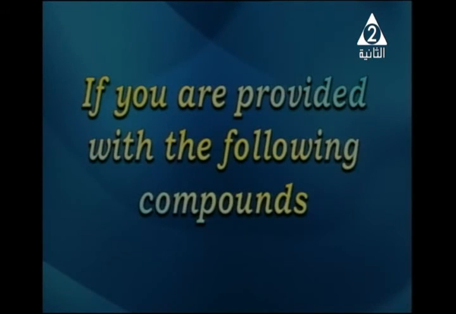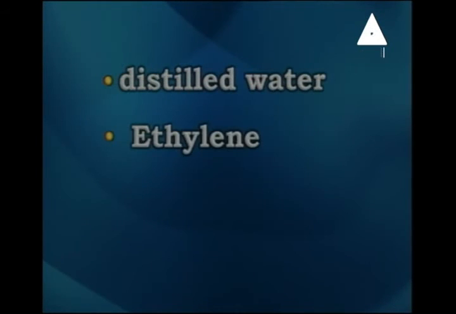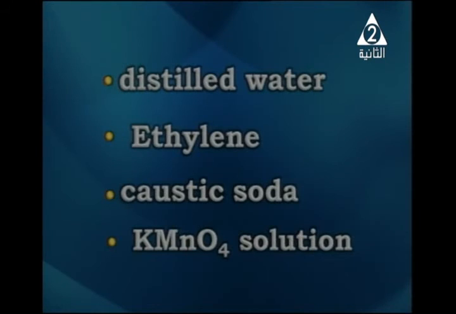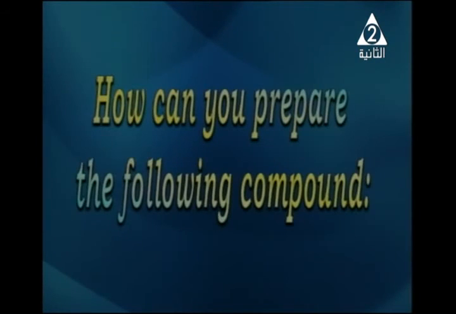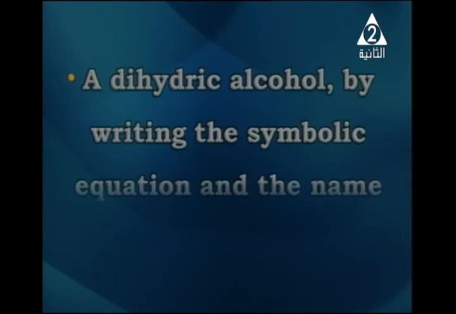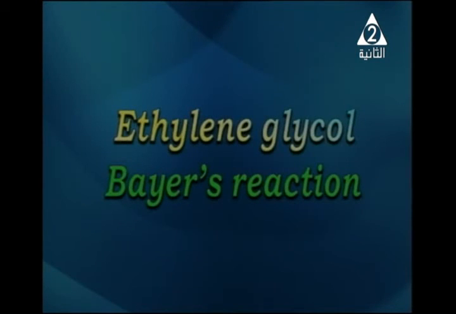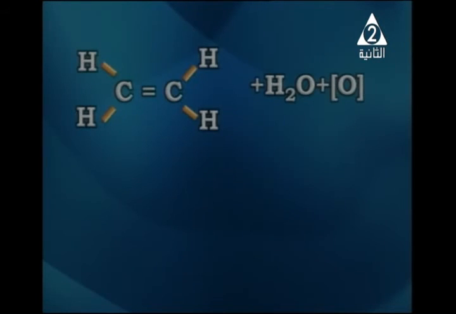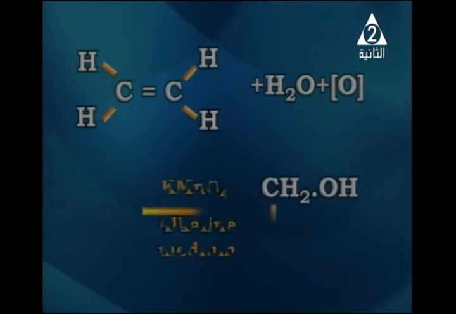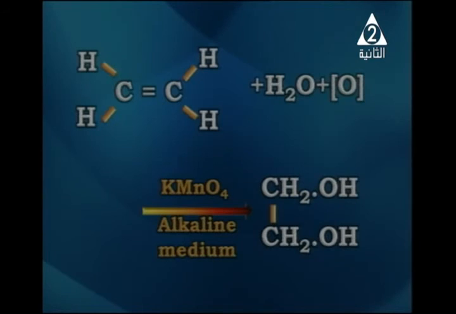Next type of question, my dear students. If you are provided with the following compounds: distilled water, ethylene, caustic soda, potassium permanganate solution, how can you prepare the following compound? A dihydric alcohol, by writing the symbolic equation and the name of this reaction. Here, ethylene glycol, which is the Baeyer reaction. As the equation proceeds on the screen, C2H4 plus H2O plus atomic oxygen in the presence of alkaline potassium permanganate gives ethylene glycol, which is CH2OH